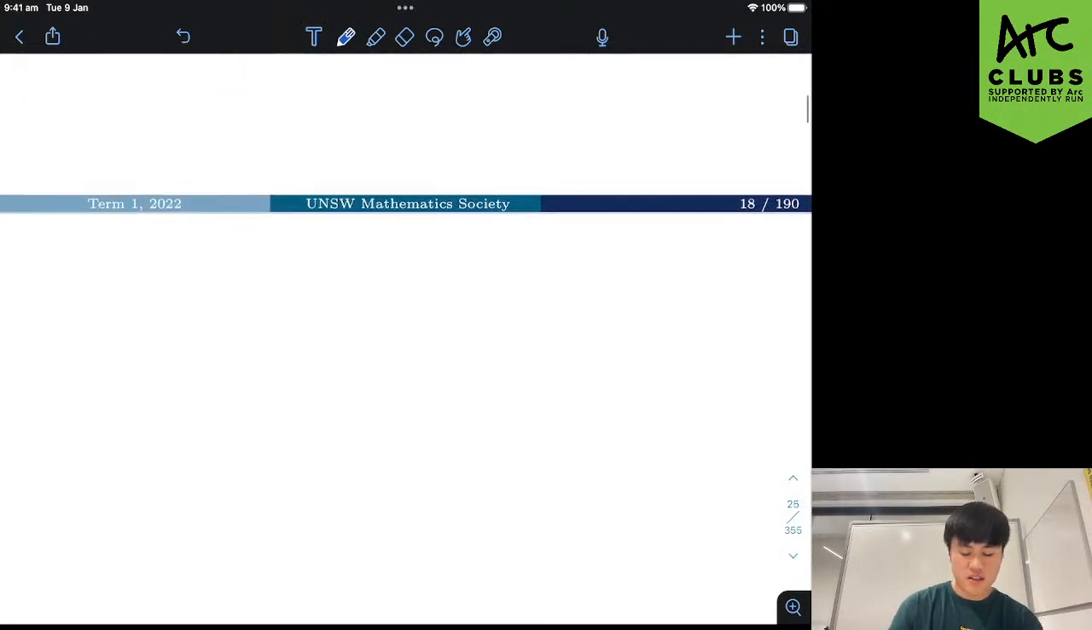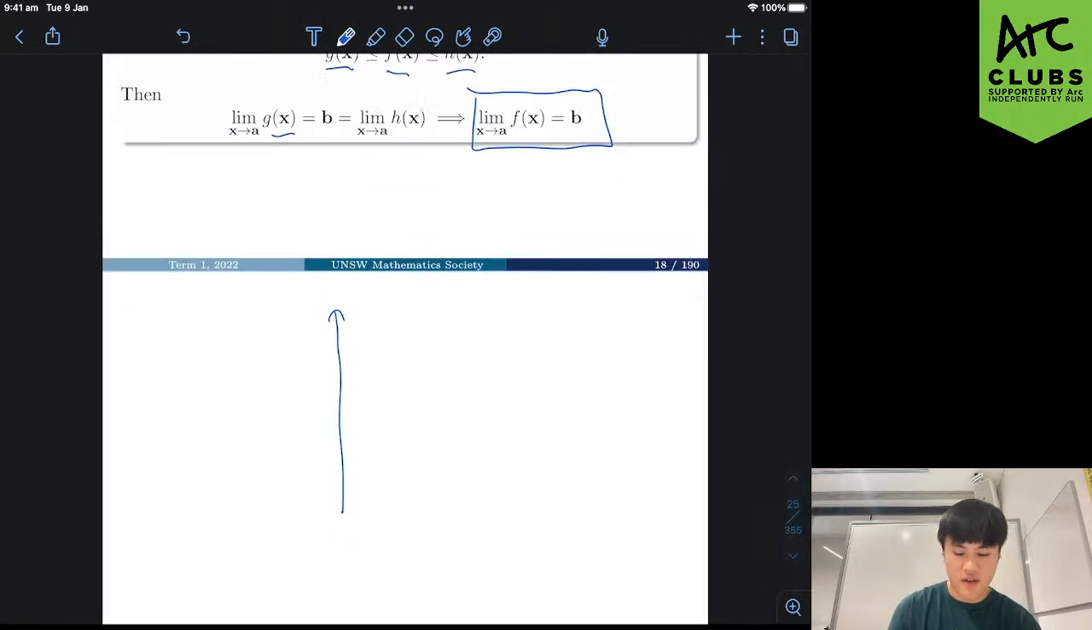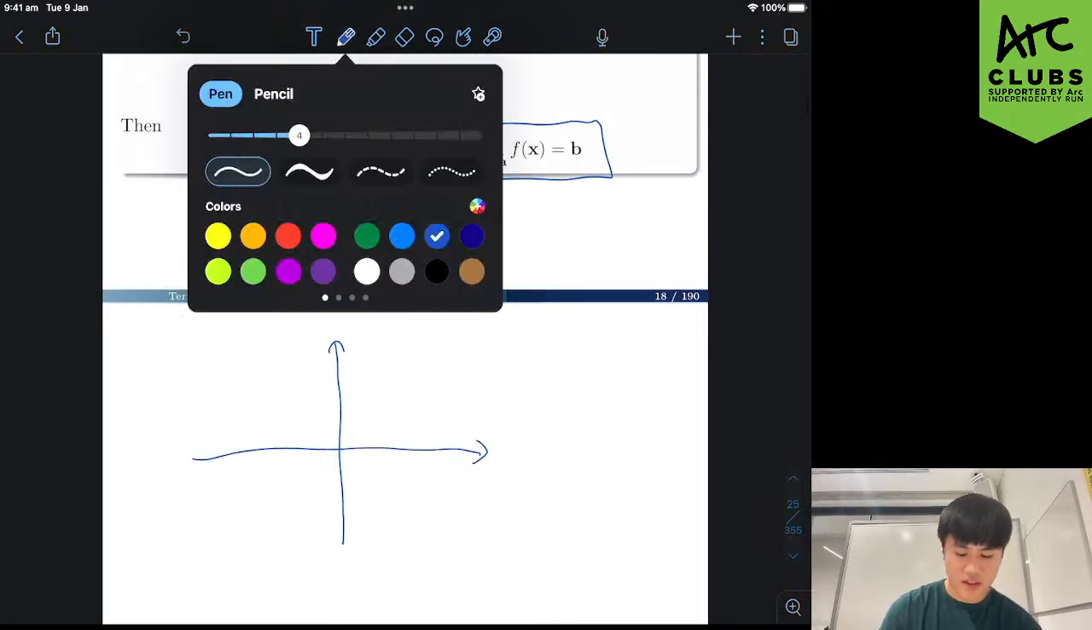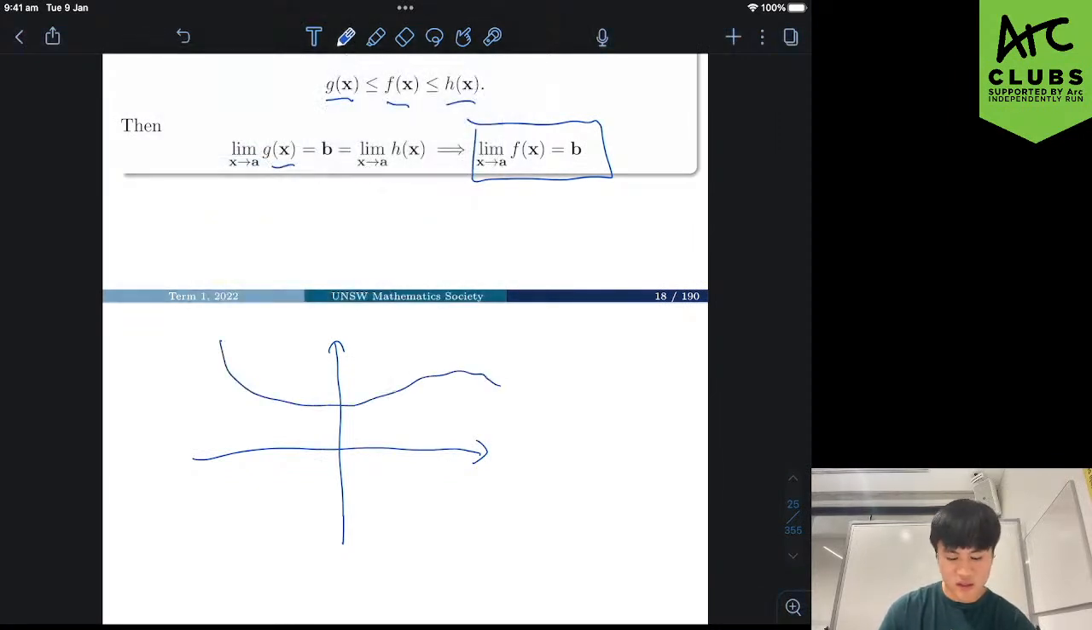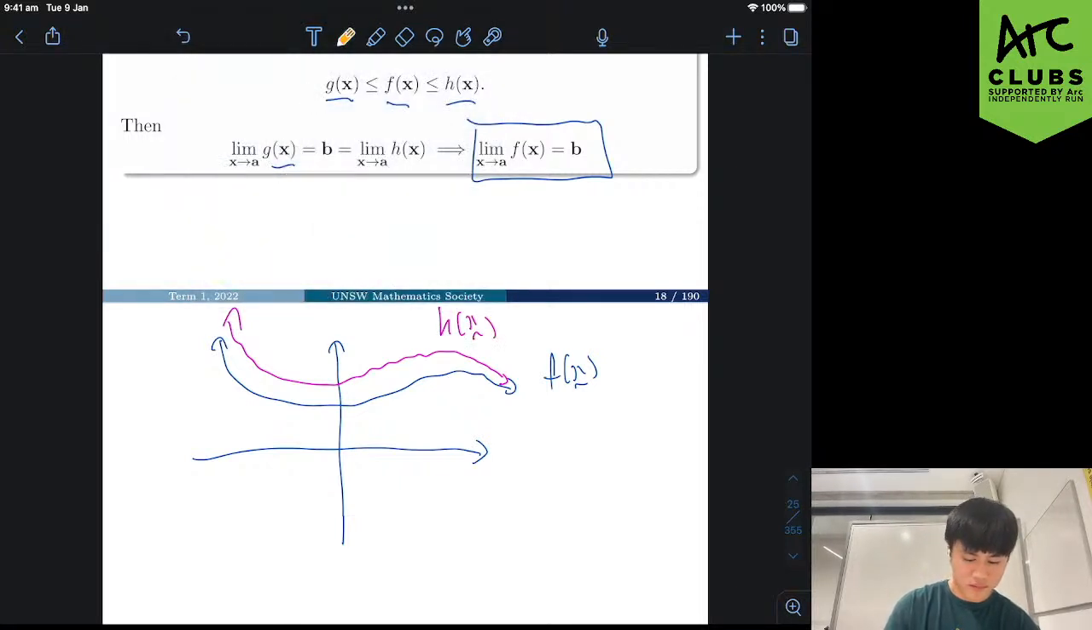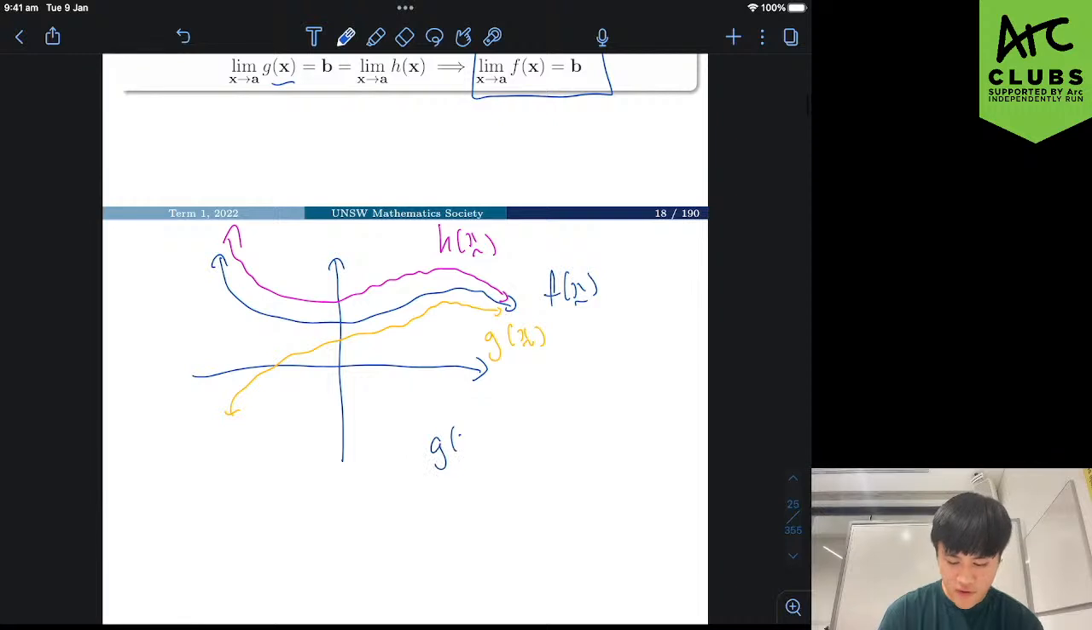How you can imagine this is if you have a graph like this, where something like this is f of x, this here will be h of x, and this here is g of x. We see here that the relationship holds that g of x is less than f of x, which is less than h of x. So if g of x approaches some value b, same as h of x approaches some value b,